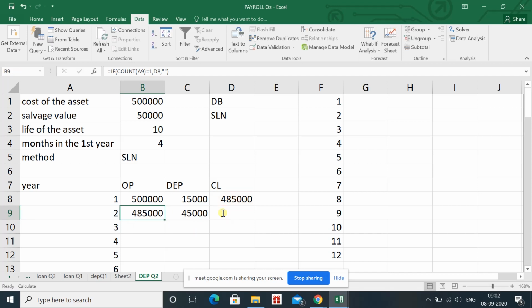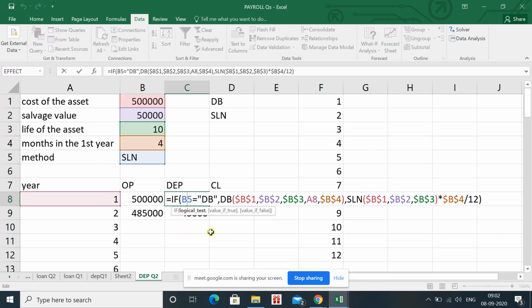Right now the question arises. First of all, we will apply the formula for the first year. In case of first year, you will see that the formula is simple in comparison to the second year and third year. Why?